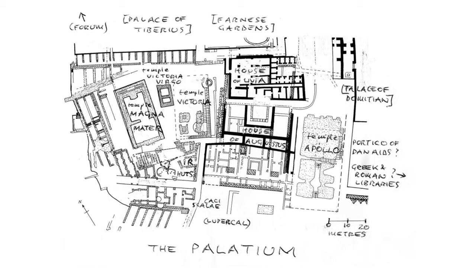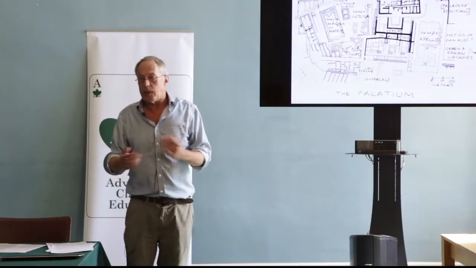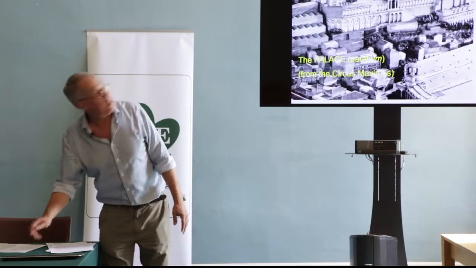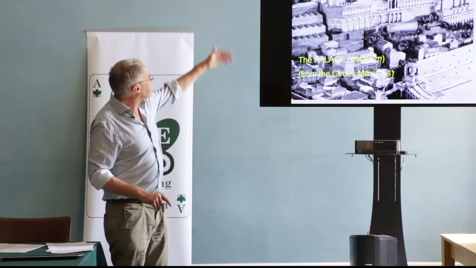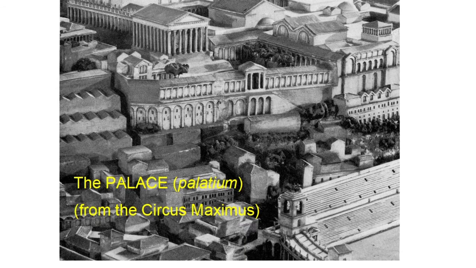And why is a palace called a palace? Because after Augustus' house, which is on the Palatium, meaning the Palatine Hill, it comes to mean palace because people say the Palatium, and they mean the monarchic capital, right? So you can see, if you were someone in Rome in 30 BC, that's what it would have looked like up from the Circus Maximus, more or less. And it looks like a Hellenistic palace. It's a big complex. It might have a modest little living quarters, okay, but that's a palace.